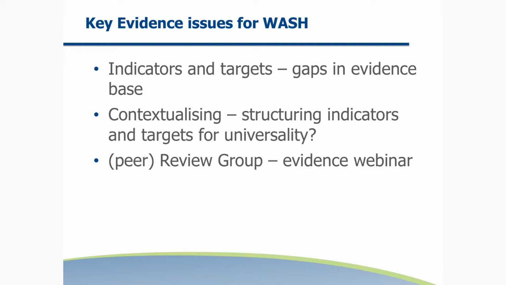So to cut to the chase on the questions that we were asked, we know for a fact that when we look at the WASH chapter, and I know this will be a question we talk about in a little more detail later, there are gaps in our evidence base for our indicators and targets, depending on how we decide to define evidence, I guess. What we've tried to do is broaden our scope in how we find that evidence, and I will talk to that a little later, in part of our discussion.